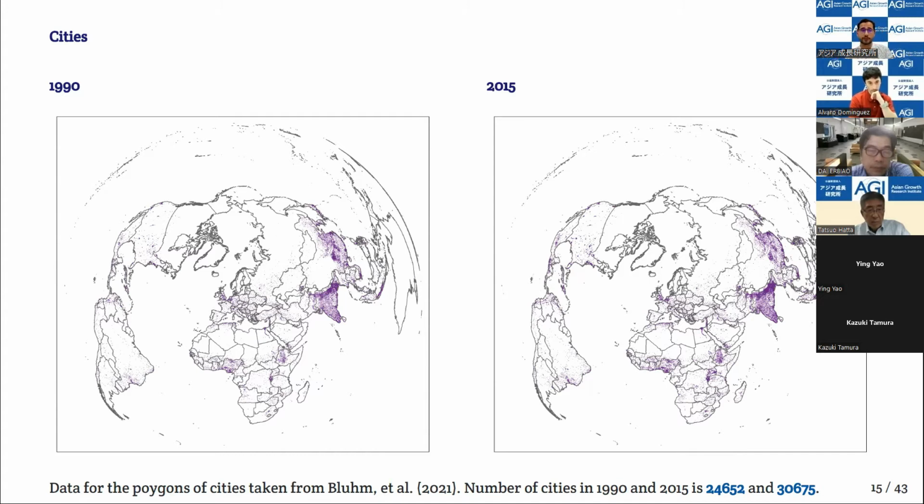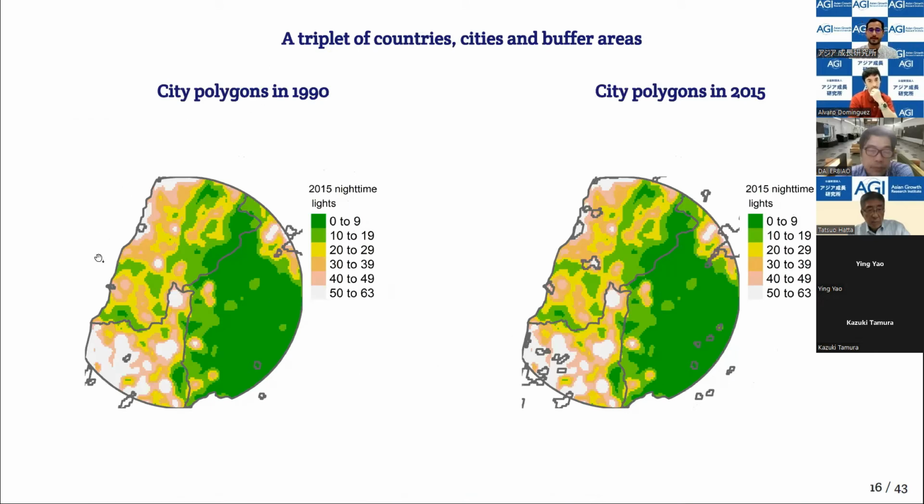Now, what does that mean in our project? Take a look at the city polygons in 1990, the figure on the left. The cities will be these gray small clusters. Those are cities detected with their algorithm. So we're going to measure the light within those small clusters, here delimited by this gray line. And then when we find cities in 2015, we're going to find more cities, as you can see, more of these gray pockets. And then we're going to measure lights within those clusters of pixels. Here I'm showing, for example, Israel, Syria, and Lebanon. And you can see that there are many more cities in the year 2015.